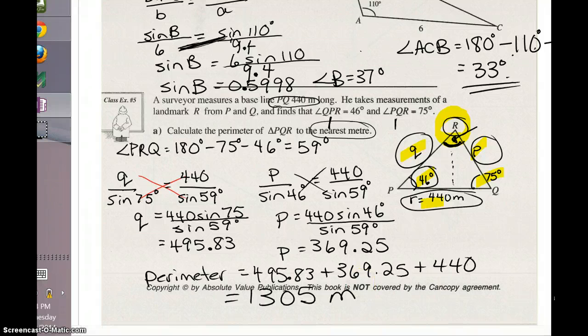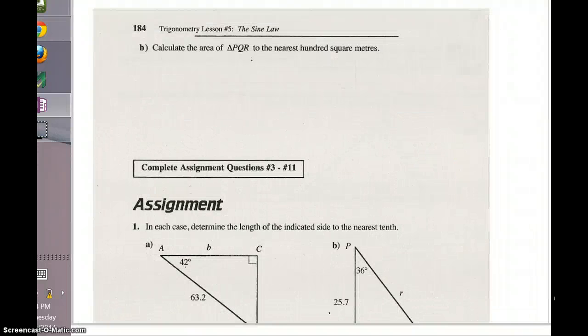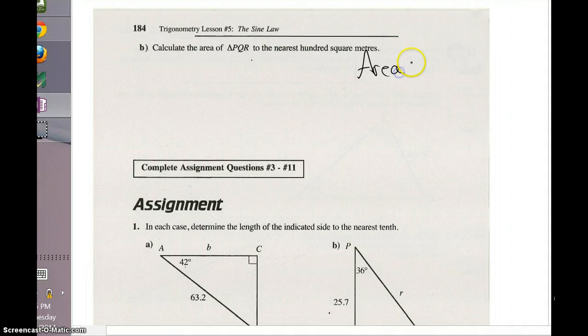All right, I'm going to move on and do one more question, and that is on the next page. This one is actually asking you to calculate the area. So we need to remember that the area of the triangle, and we're talking about the triangle that was on the previous page, is 1/2